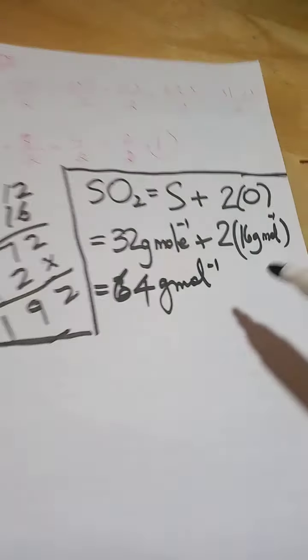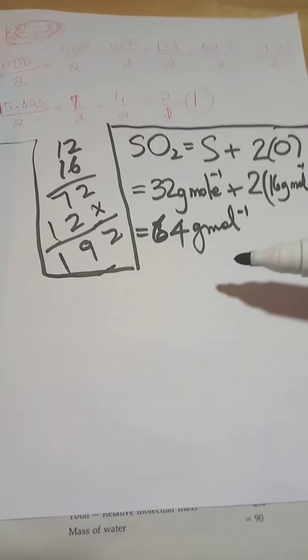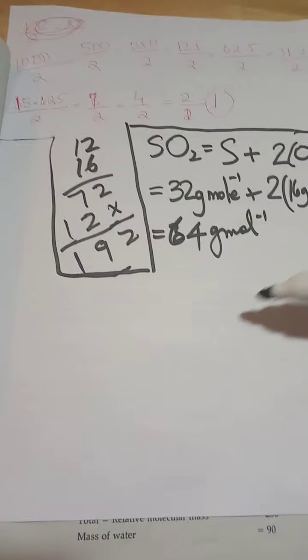So sulfur dioxide is 64 grams per mole, which means 64 grams of this gas, pure gas, will constitute 1 mole, containing the Avogadro number